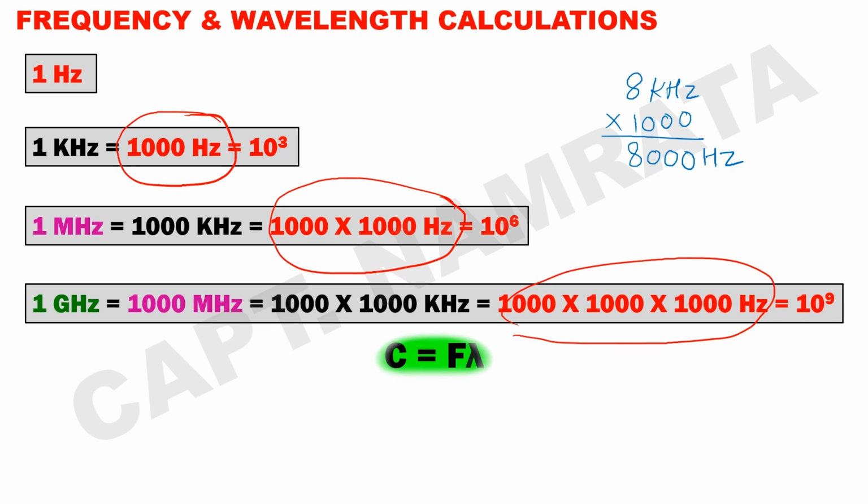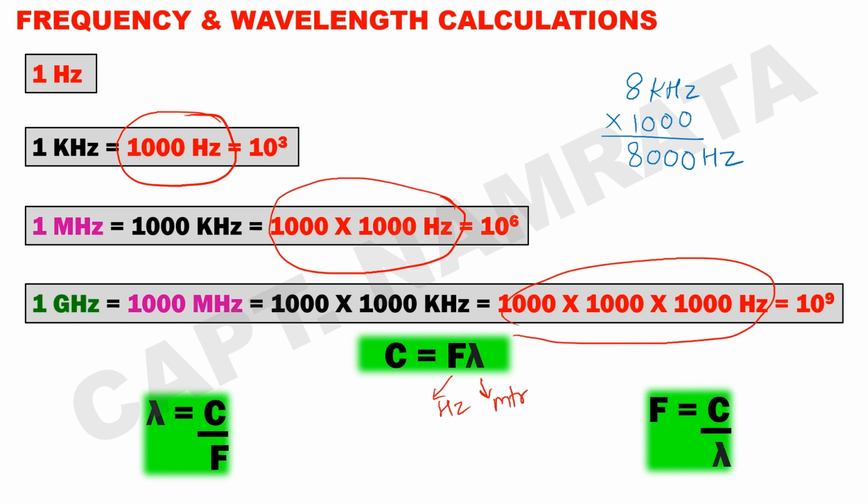Now, why do we have to convert frequency? We know that the speed of a radio wave is constant and it is made up of two components, that is frequency and wavelength. For easy calculations, if you keep frequency in hertz and wavelength in meters, there is no chance of making mistakes. They can ask you to either calculate frequency or wavelength. In both cases, we must take frequency in hertz so that wavelength will be in meters. And if wavelength is given in any other unit than meters, we must convert it to meters first so that frequency will be in hertz.